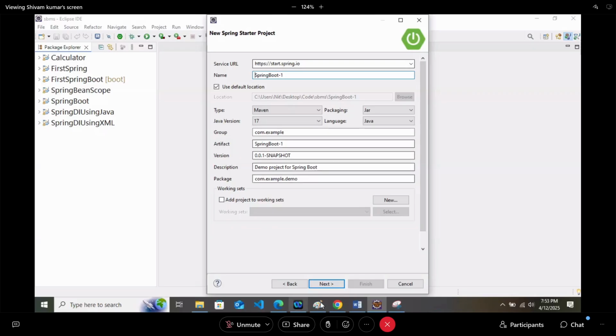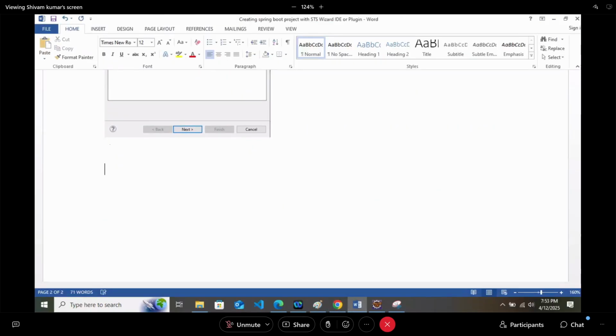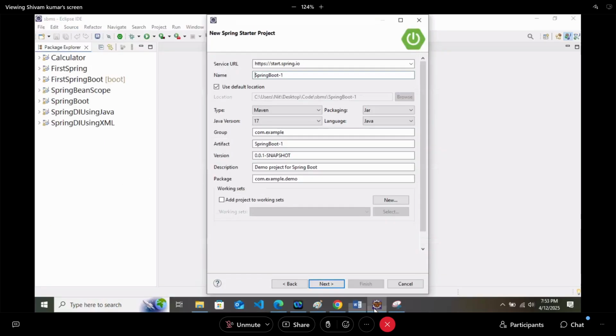Now after this, click next. After clicking next, you will get a pop-up to write the project details, and the project details are the same as last time.